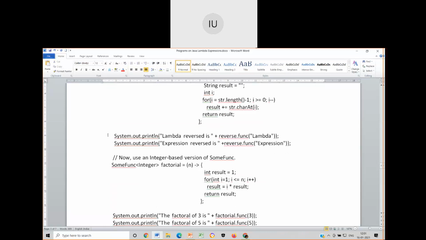So look at this. These lines of code are for strings. These lines of code are for integers. So the same lambda expression, the same functional interface, can make it happen in such a way that the function written for that particular interface can work on any data type that it receives. This is called generic lambda expression. It's very important. Please note it down.